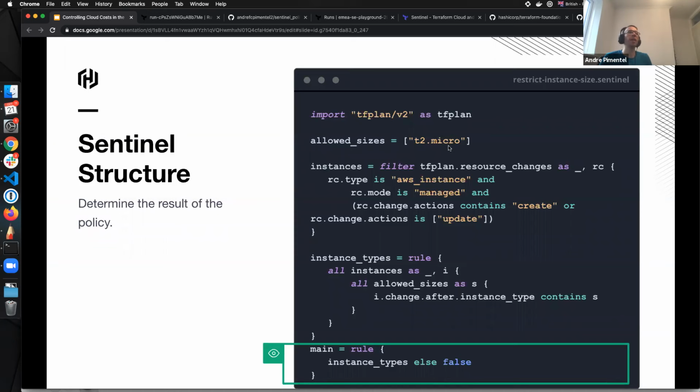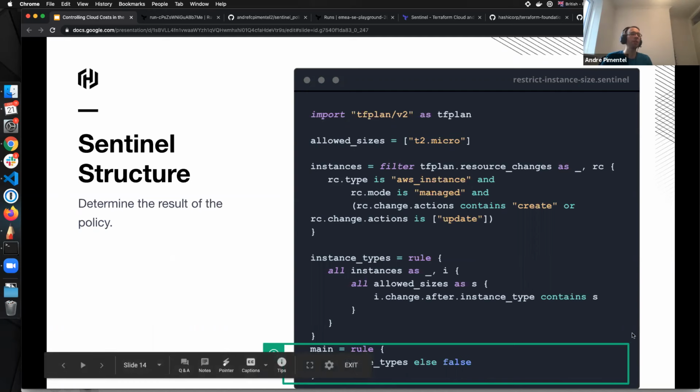So let's talk about Sentinel. Again, this is not a Sentinel-focused workshop. I will show you the links later, but Sentinel is very easy to understand. The key here is the imports that I'll talk about in the next slides. And the structure is always the same. We have a list of allowed or disallowed properties. We have a filter that comes directly from the imports. The import is a library from Sentinel. We also have a comparison from the allowed and disallowed properties to the filters.